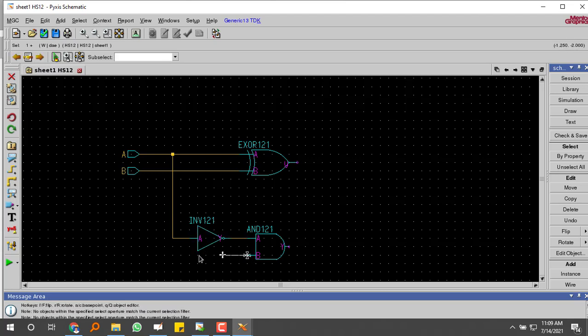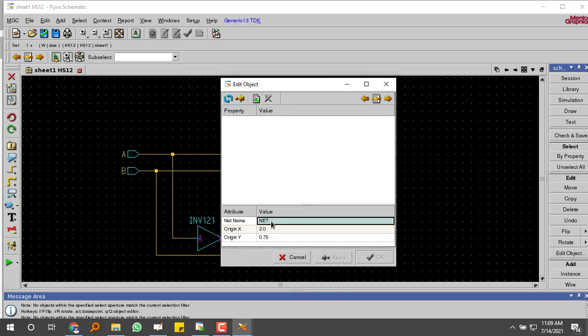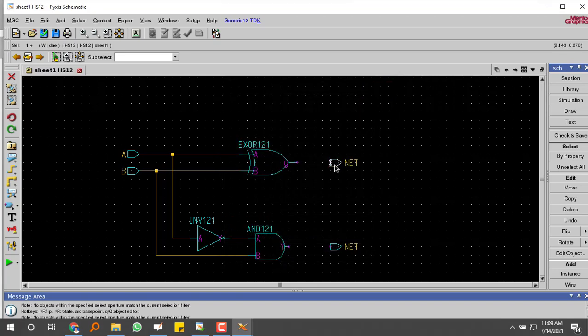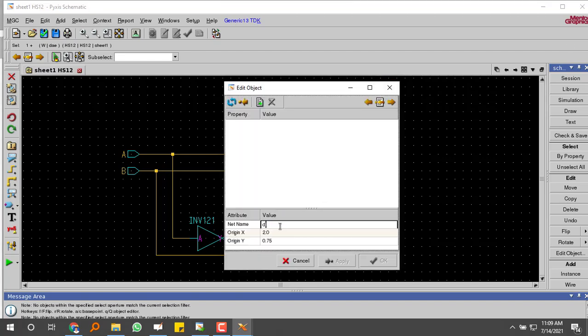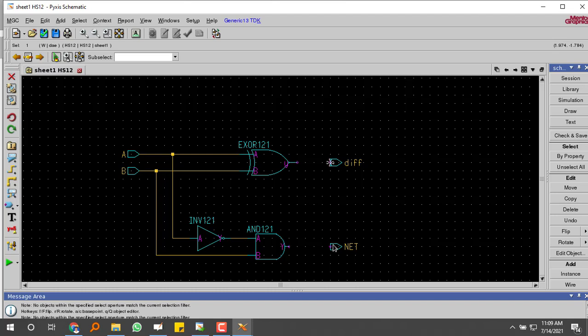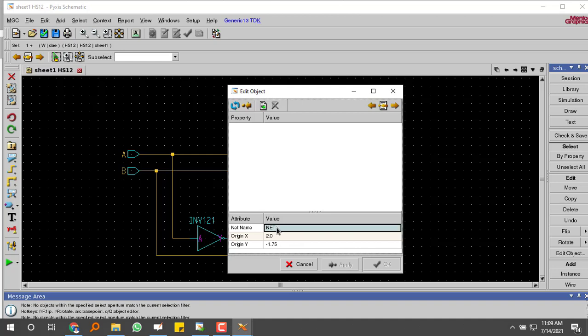Make sure the connections are clear. So once the connections are clear, this will be difference. This will be V out.